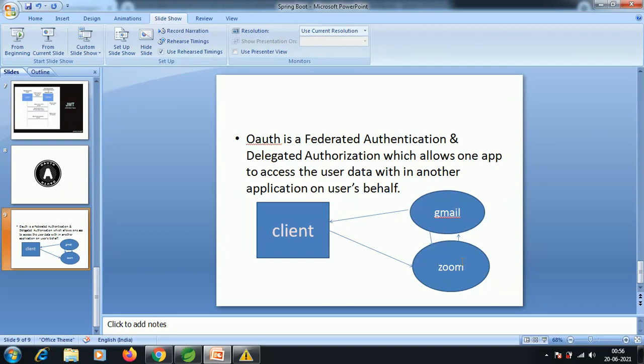When Zoom redirects to Gmail through OAuth and the client logs in, Gmail will share a security token with Zoom, using which these two apps communicate.